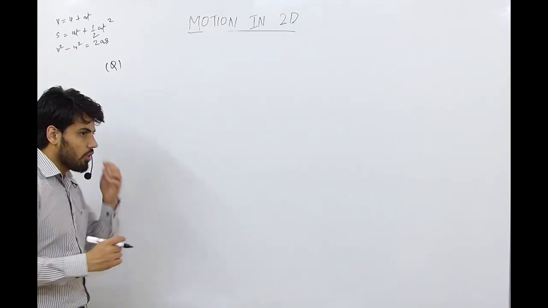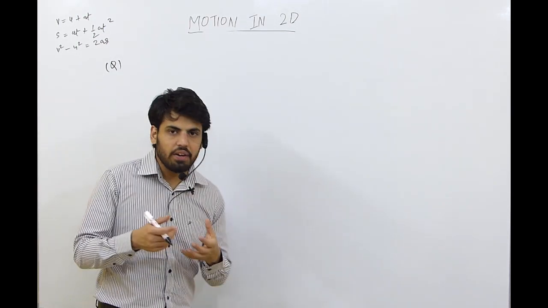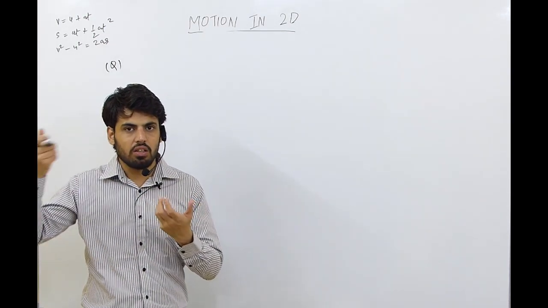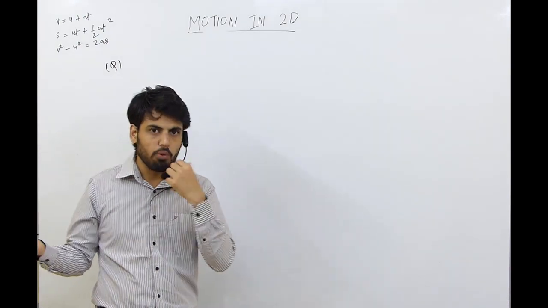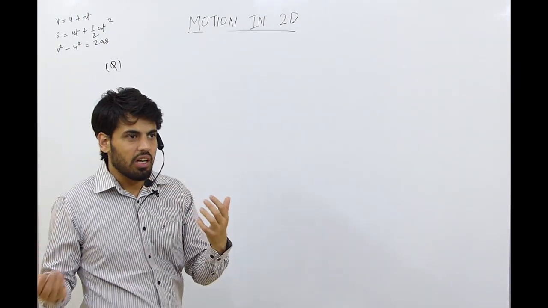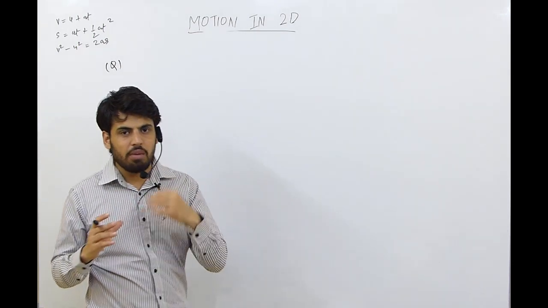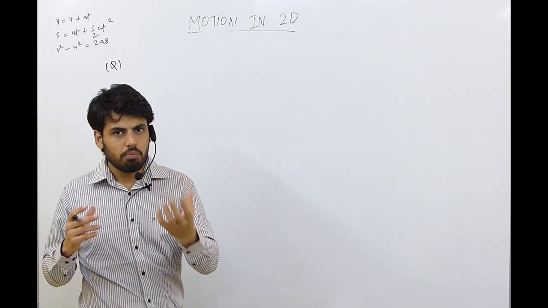Muzzle velocity of a shell means, when we fire a gun, the shell has a recoil velocity and it is thrown out of the gun. So the velocity of the shell will be the same as the initial velocity of that bullet.